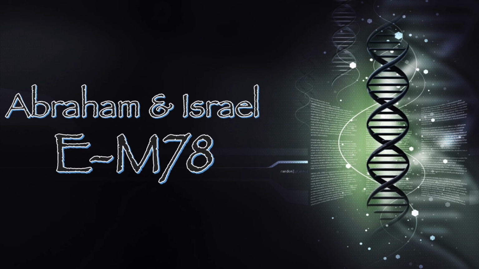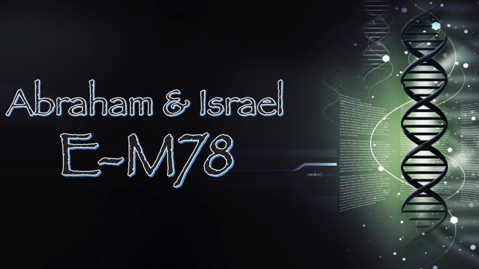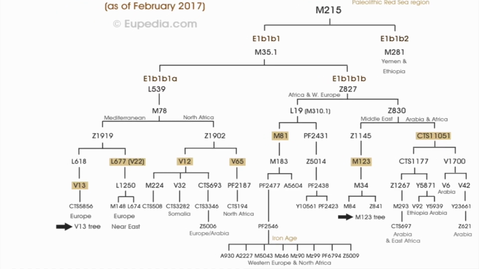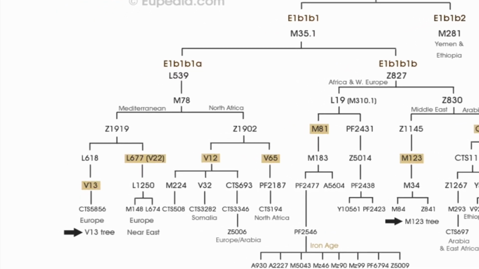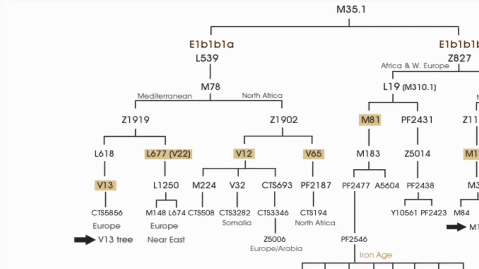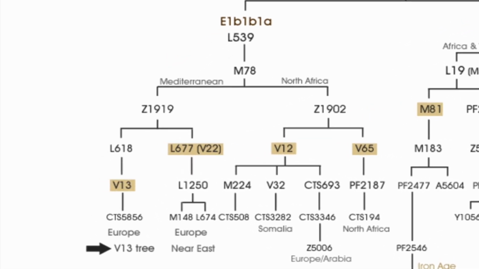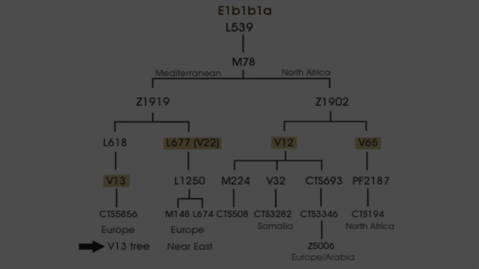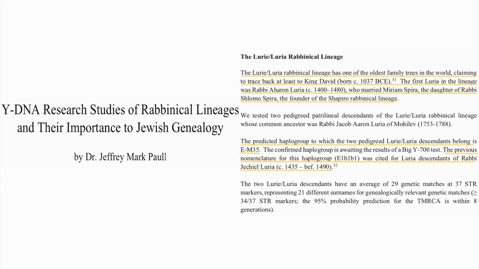E-M78 is the second best candidate for Abraham and the Israelites. The Israelites would represent some subclade of E-M78. The reason I say this is because the Samaritan Levites in Israel carry this haplogroup, as well as the Lurie rabbinical family who claim descent from King David and have one of the oldest family trees in the world, also descends from E-M78. According to the paper titled Why DNA Research Studies of Rabbinical Lineages and Their Importance to Jewish Genealogy, it reads,